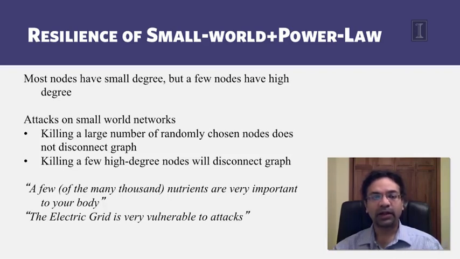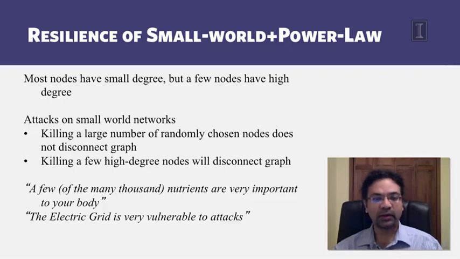But if you target some of these very high degree nodes in the power law small world graph, this has a much higher chance of disconnecting the graph. And this is essentially why in the human body, for instance, because the graph of proteins or chemicals in the human body is a small world network and also a power law network, a few of the nutrients are very high degree